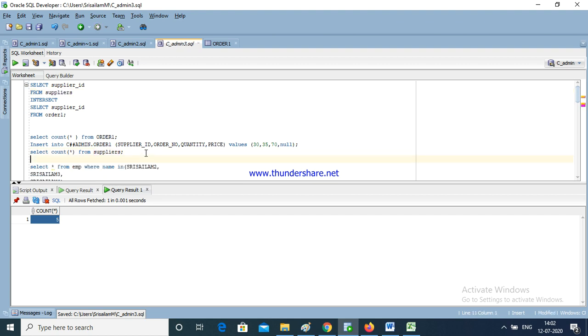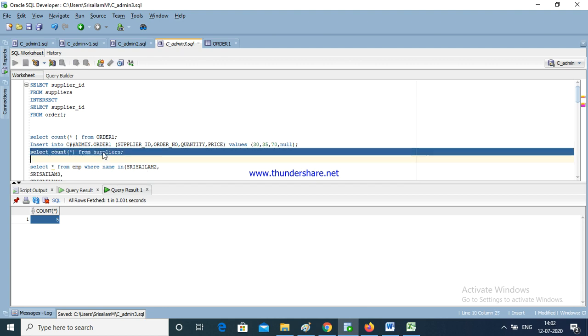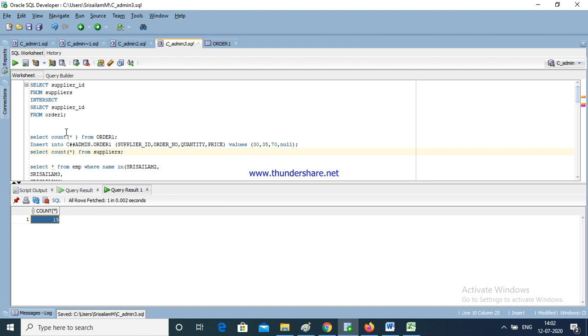I am going to see here supplier. This is a supplier. Just see here, count is 15. Here this is a select supplier ID from supplier insert. In this table we are inserting a supplier table from one record. Order records we are going to insert. Click here. See here what happened, supplier ID